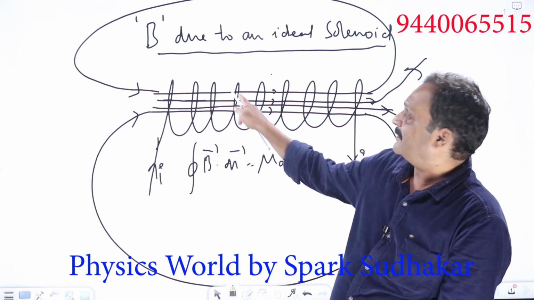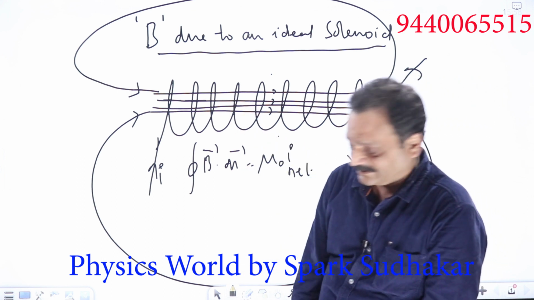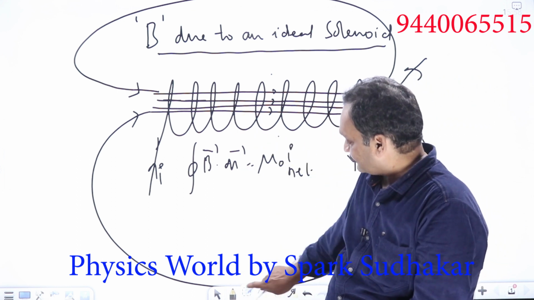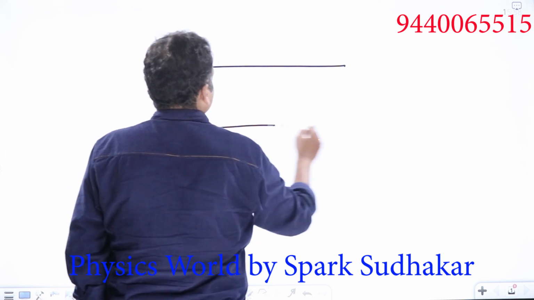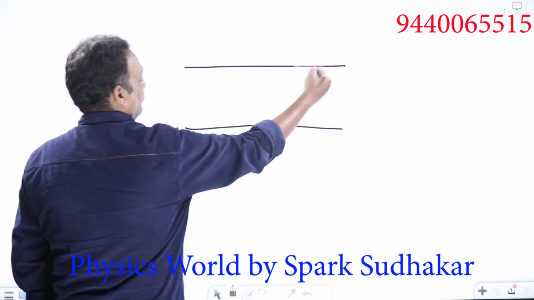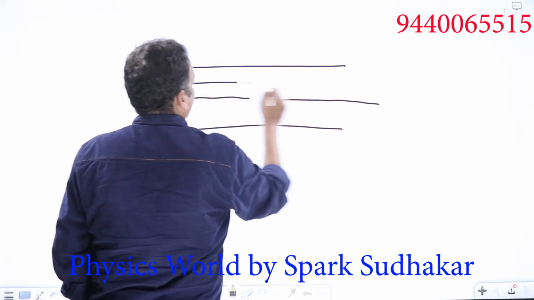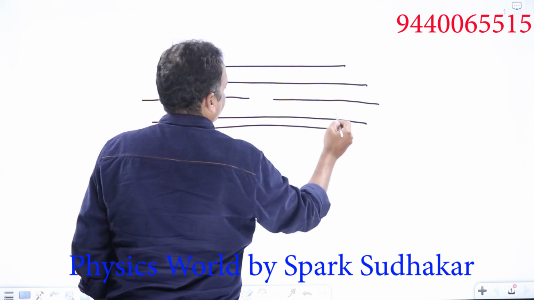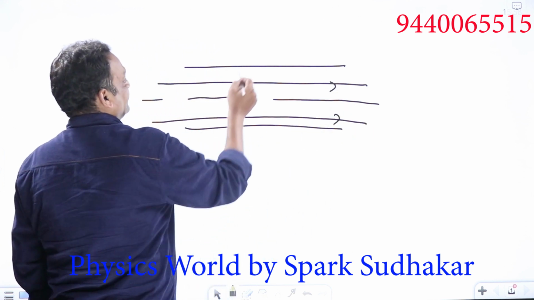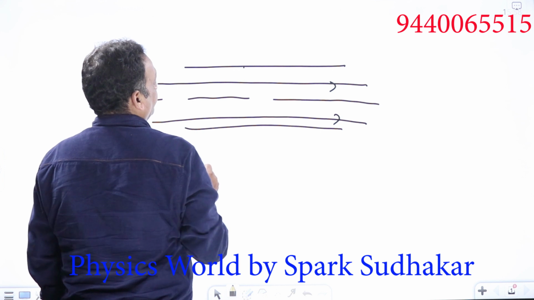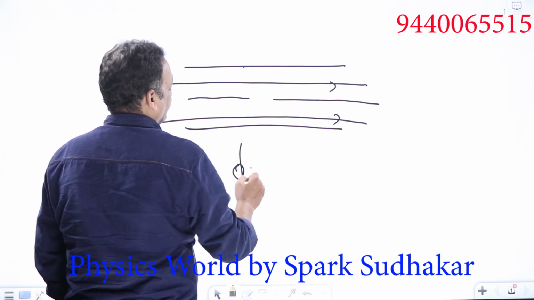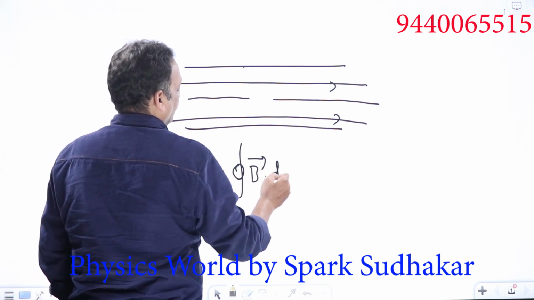Now using this Ampere's law, we'll try to find out the magnetic field inside the solenoid. Take one solenoid. Here it is like this. The turns are like this, and this is the axis of the solenoid. Magnetic lines of force are almost uniform like this. Now this is the outer edge of the solenoid. Now I have to evaluate the closed loop integral of B bar dot dl bar.